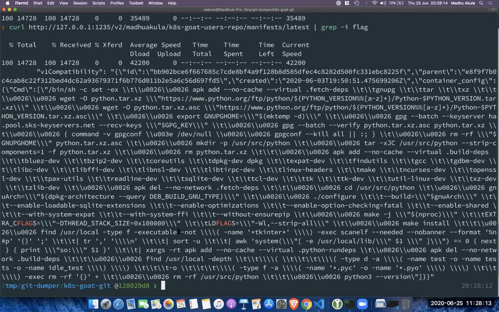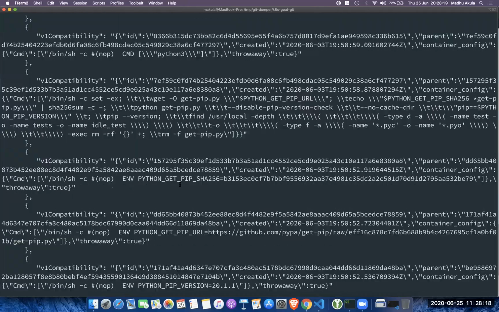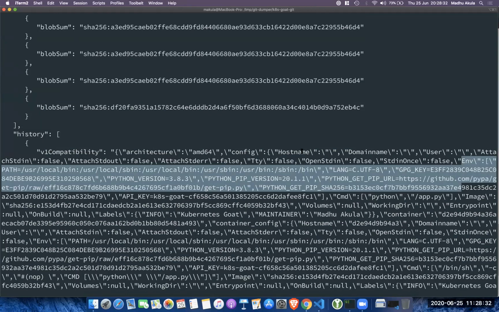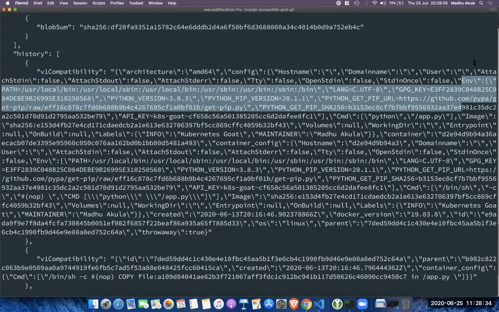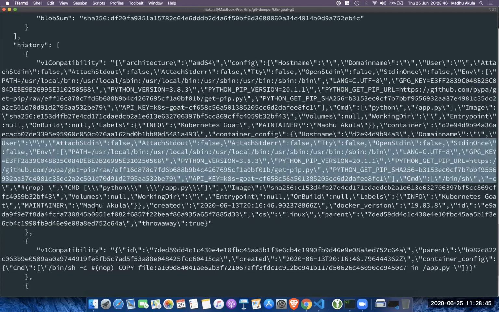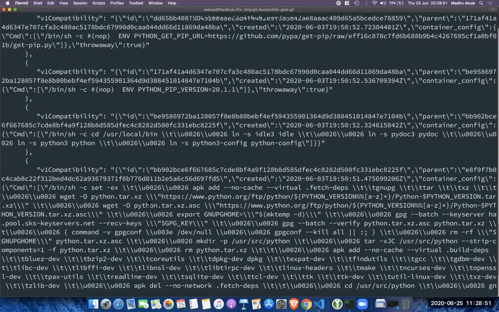Yeah, you can see here flags. Oh, it's basically broken. Let me go back and see here only. Yeah, here you can see all this stuff, and these are the environment variables, right?